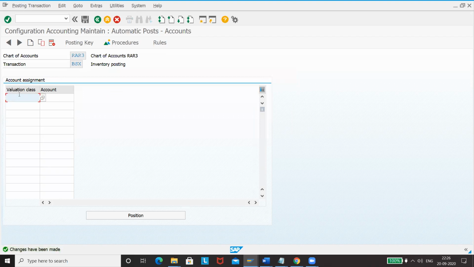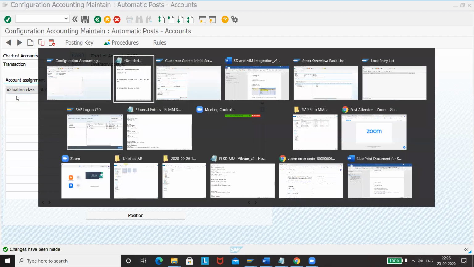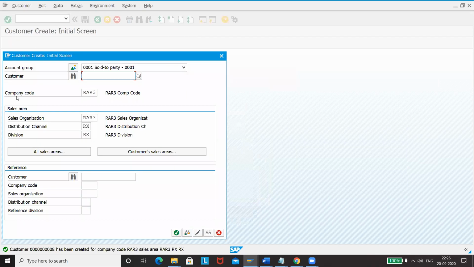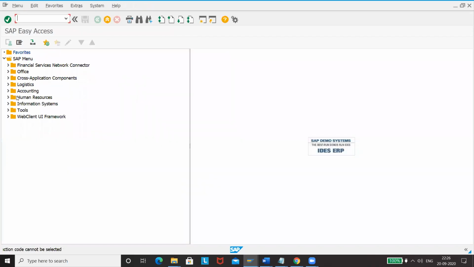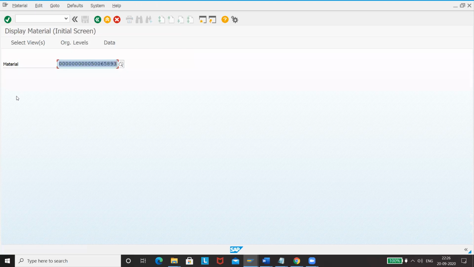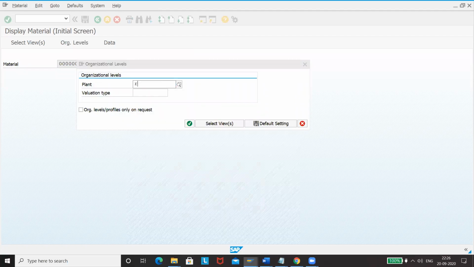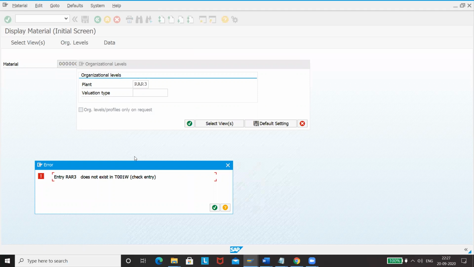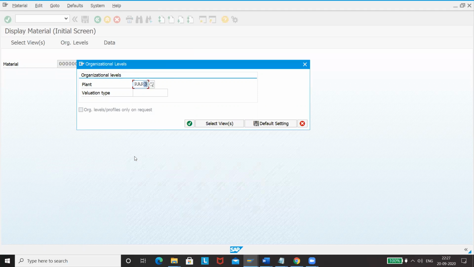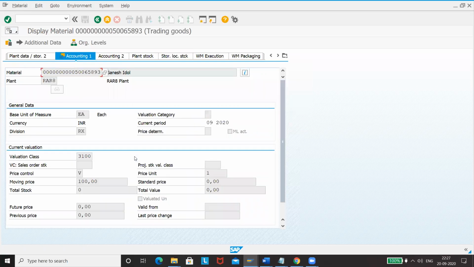You have to give this valuation key. So I hope you remember we gave valuation key as 3100. So this is our raw material. This is our material, right? So if you come to here and RAR3, RAR8, our plant is RAR8. So valuation class, what have we maintained?